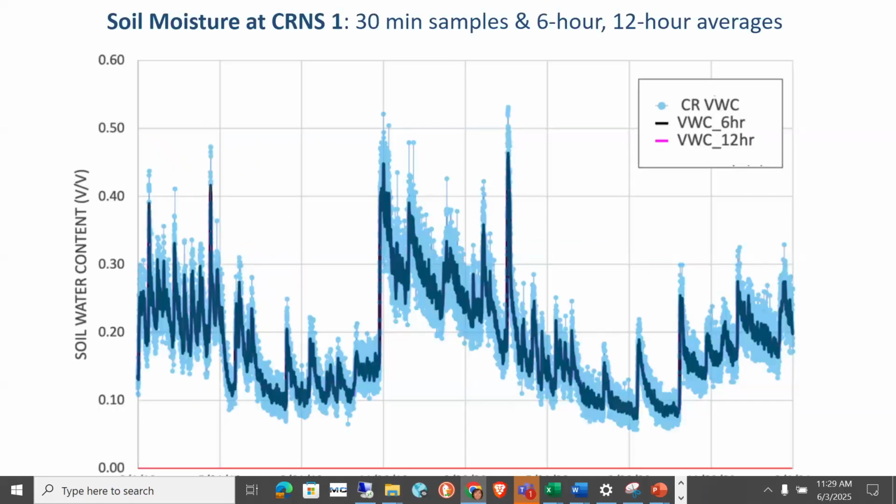And then finally, just briefly, these are half-hour data from our particular field site. And if you take time,